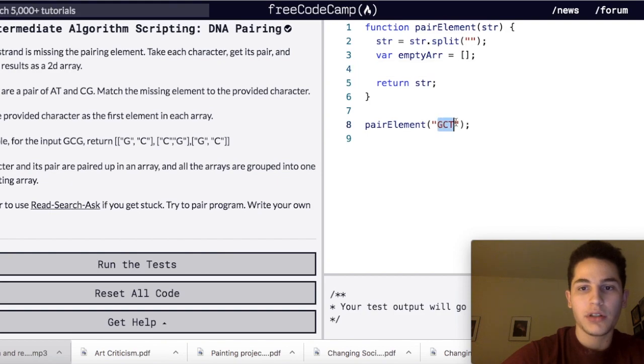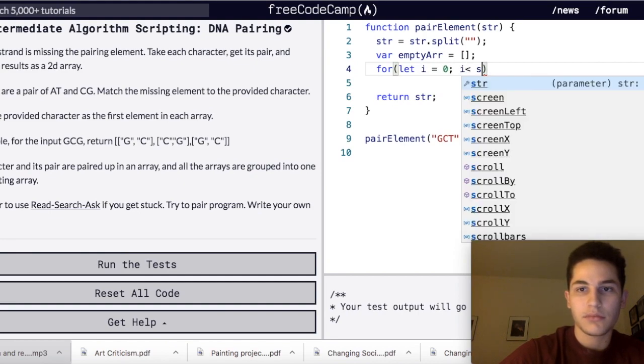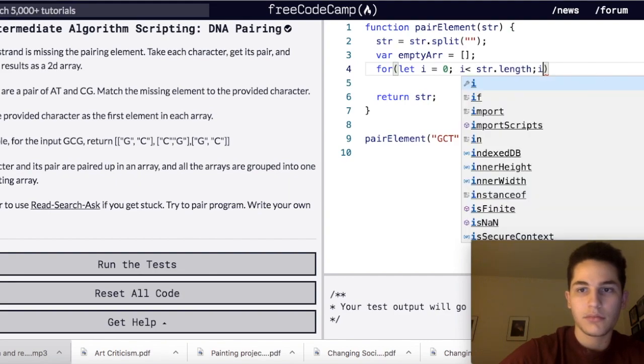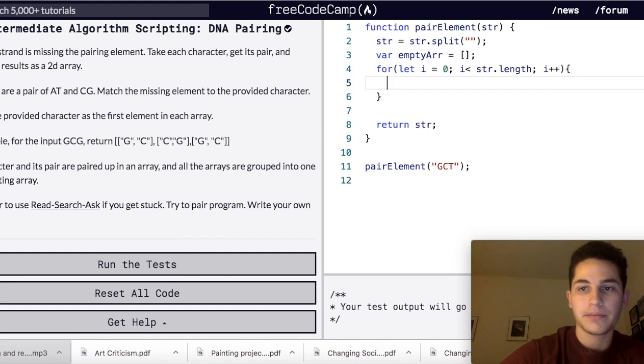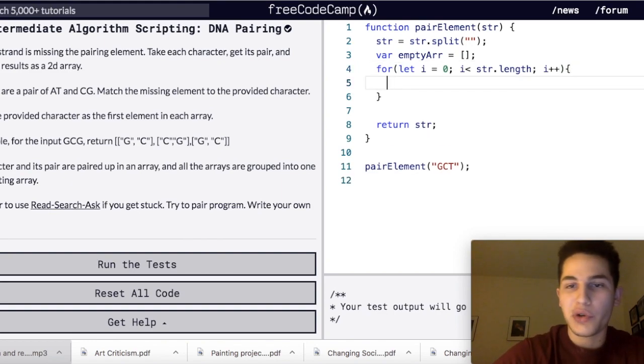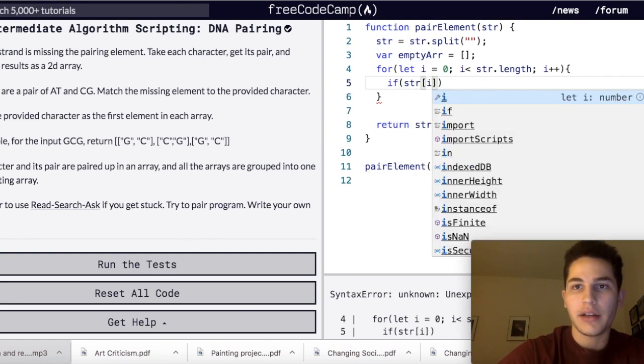It's going to loop through our string. Okay. And now we're going to have the four different if statements. So if str I